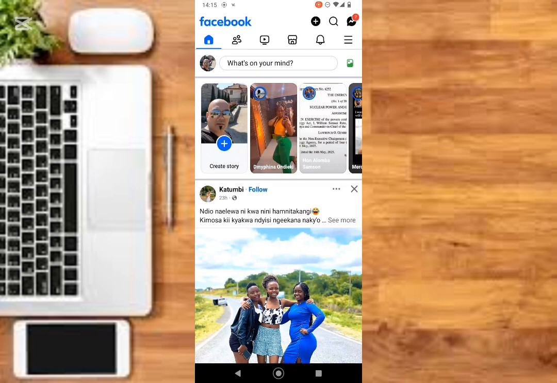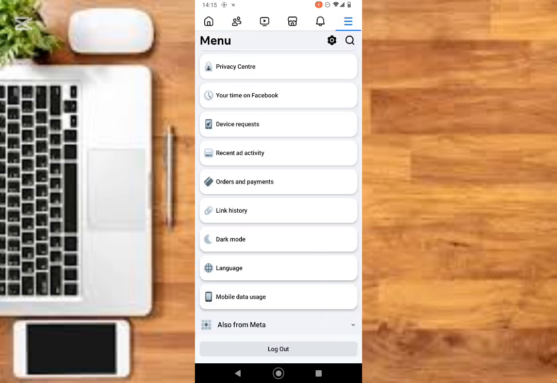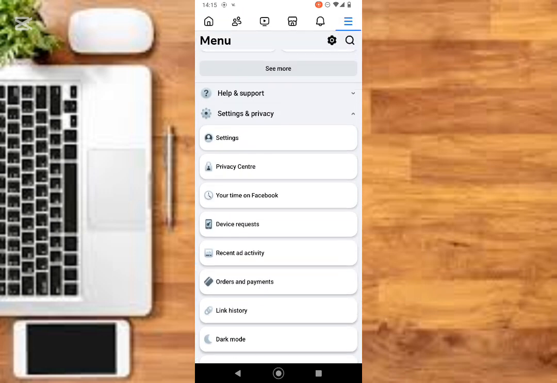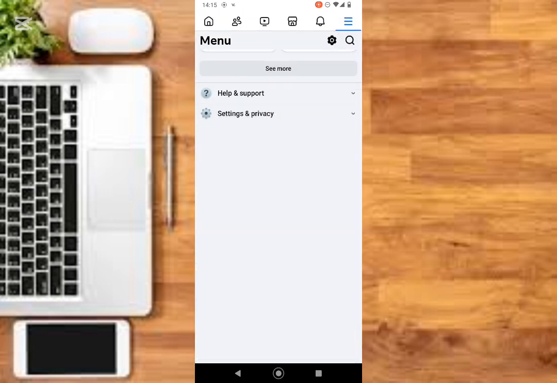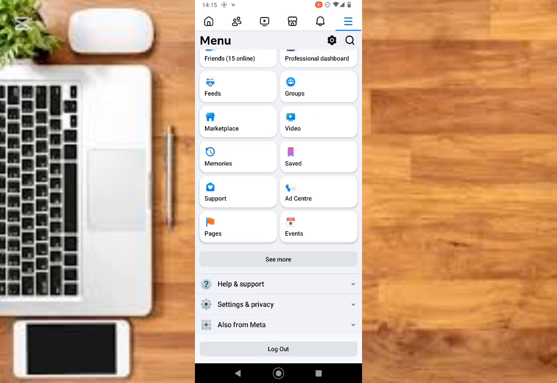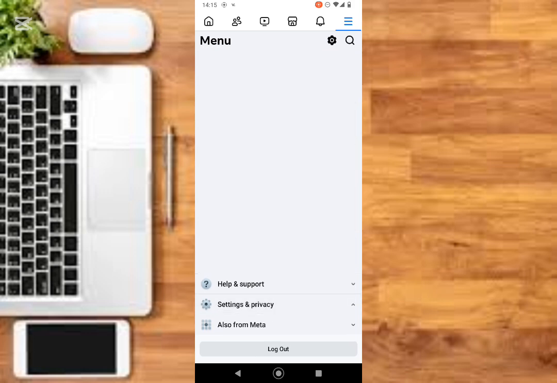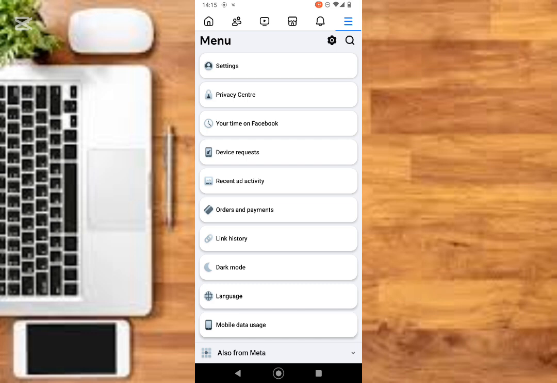Once you log into your Facebook application, look for the three bars at the top. We normally call them the hamburger sign. Now locate settings and privacy. Now under settings and privacy, after clicking on settings and privacy, then click on settings,